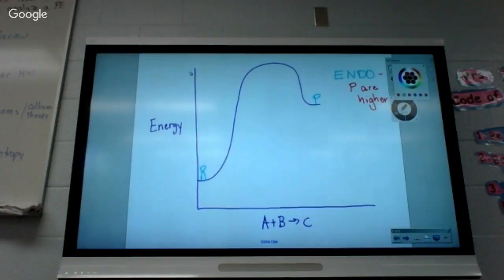Okay, we're at the end. It's crunch time. Some of y'all's grades just suck. You're going to see this graph tomorrow. You're going to see it on the exam. Whether they ask you endo or exothermic, I don't know. I would assume you're going to see something about activation energy, something about a catalyst, or something about endo or exothermic. I'm going to talk about a catalyst in a minute. I'd learn endo and exothermic. If the products are higher, it's endo. If the products are lower, it's exo.